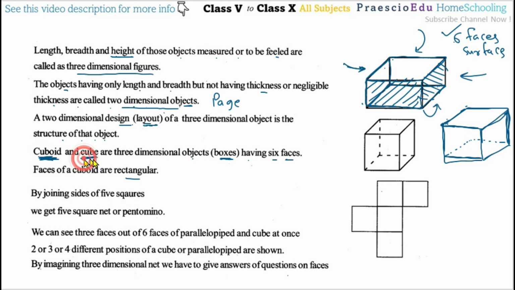Now, what exactly is the cube? A cube has all the surfaces the same. All six surfaces have equal sides, meaning the length and the breadth are the same, so every face is a square. Now you know about the square. If all six faces are squares, meaning the length, breadth and height are all equal, then we can say that is a cube.